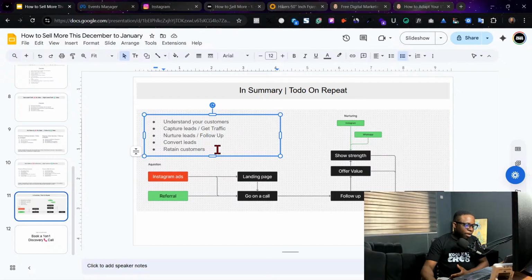Then you have retained customers. Most of us don't have retainership. I think, especially service-based business, even for me, it's a problem. We are still fighting it because Nigerians are not good with paying monthly subscriptions. But retainer means you can retain them on other services.